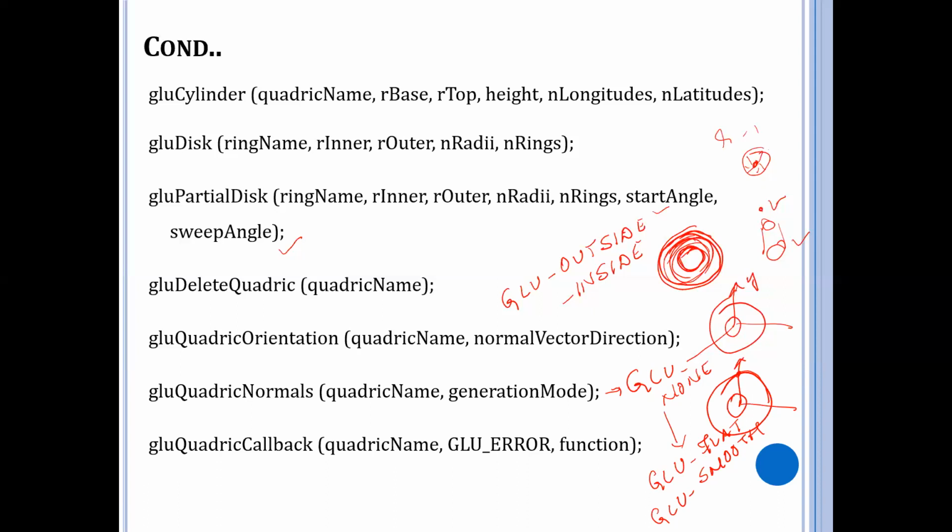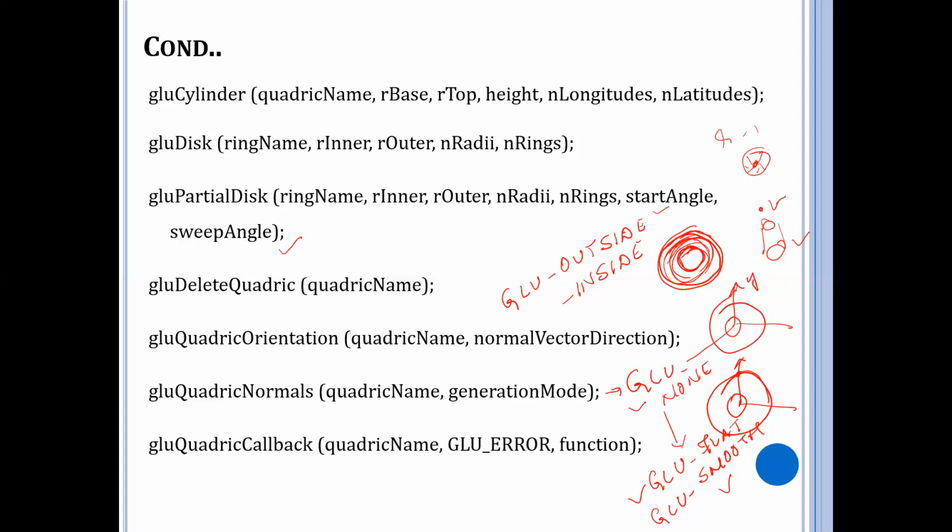That means if you want to specify some lighting and shading conditions for the quadratic surface object, then you make use of GLU_SMOOTH. Otherwise, if you are comfortable with one shade and a flat representation, make use of GLU_FLAT. If you just want a normal object, then set this as GLU_NONE.